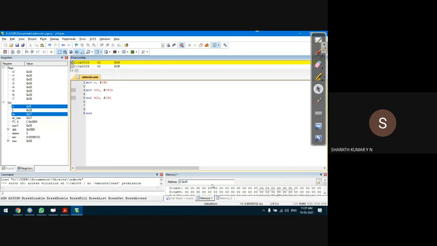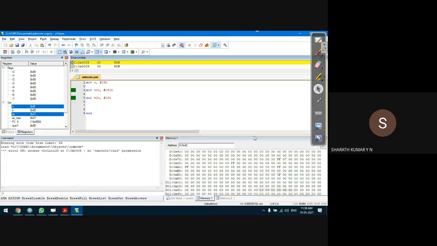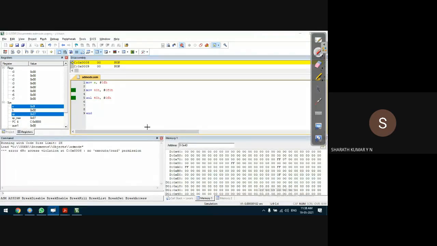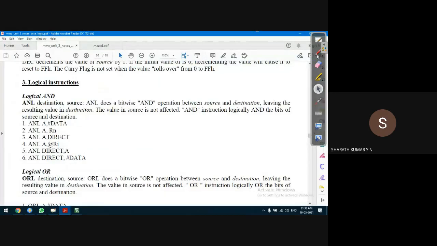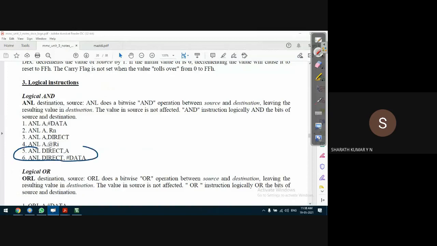We need to check the content of 40H. In fact, 40H is already open. Now we can check that the content of 40H is 0. This is possible, guys. The last two instructions, I said in the beginning it's not possible, but these two instructions are very much possible. And also in this case, instead of A, it can be B register. Nothing else. No other register is possible.